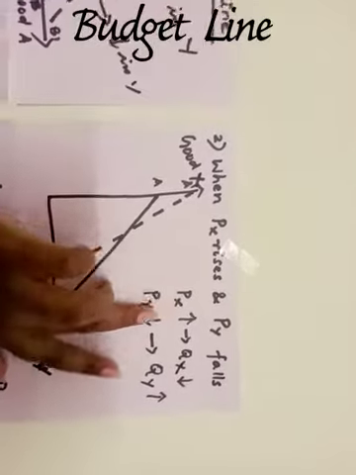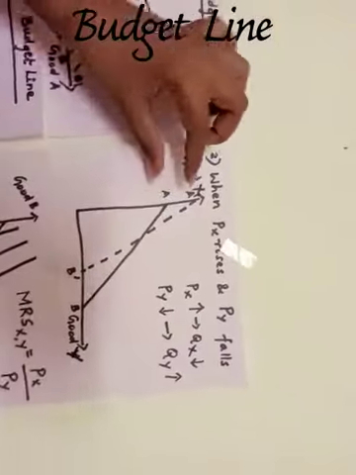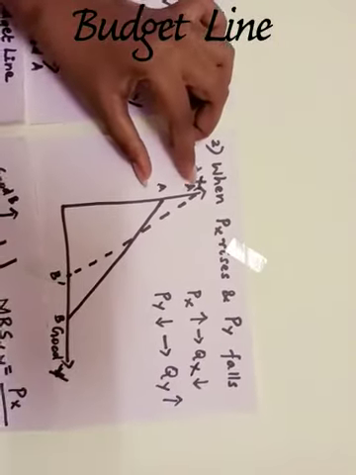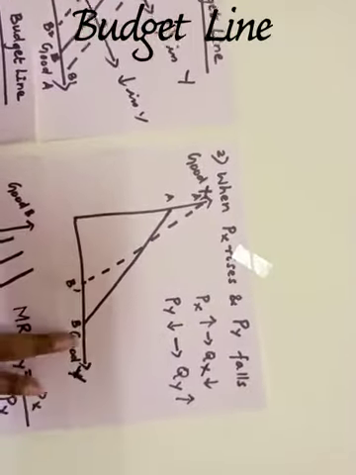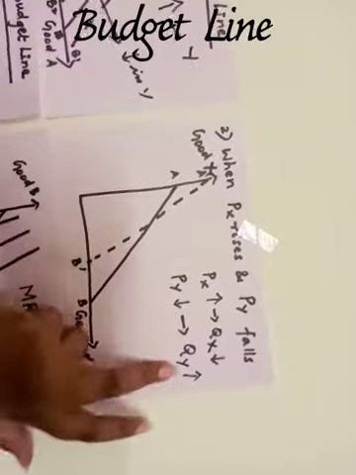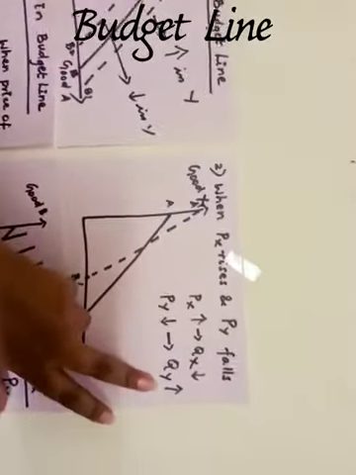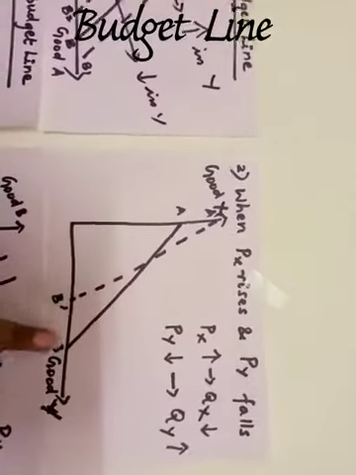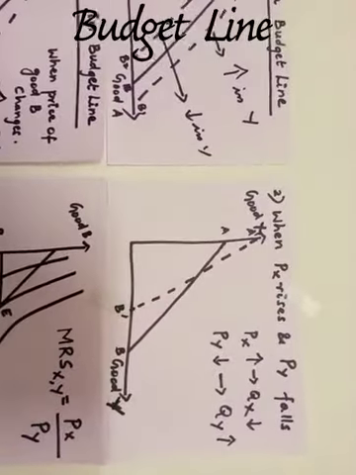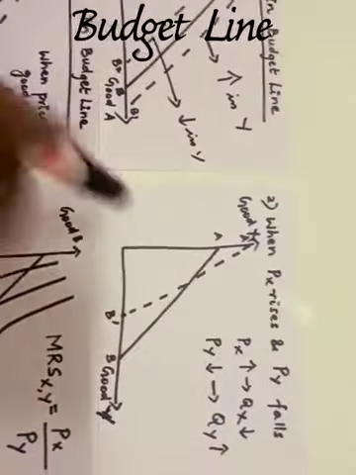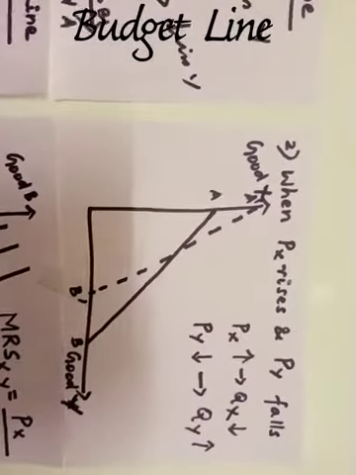So when the price of X is rising, the quantity of X is less, so you will have to spend more income on buying X. That is shown here. In the same way, when the price of Y decreases, you can now purchase more of good Y with the given income, or you can see that the income spent is decreasing. So those are the two special cases of shift in the budget line. That is all about the budget line concept.